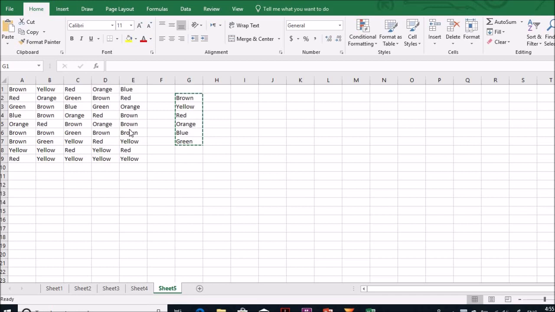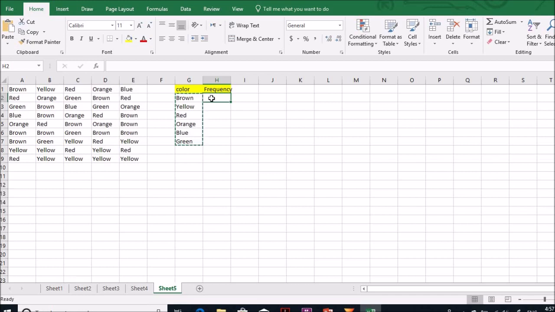So the first step to create the frequency table is to create the criteria and the frequency. My criteria is the color and the frequency. I'm going to highlight that as well. So to find the first frequency, which is how many brown pieces we have in the plain bag of M&Ms,